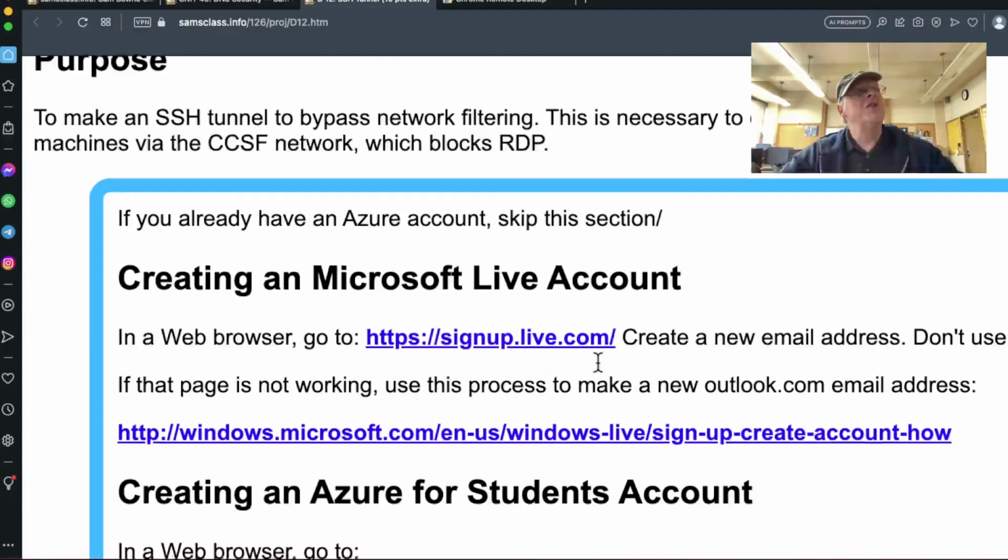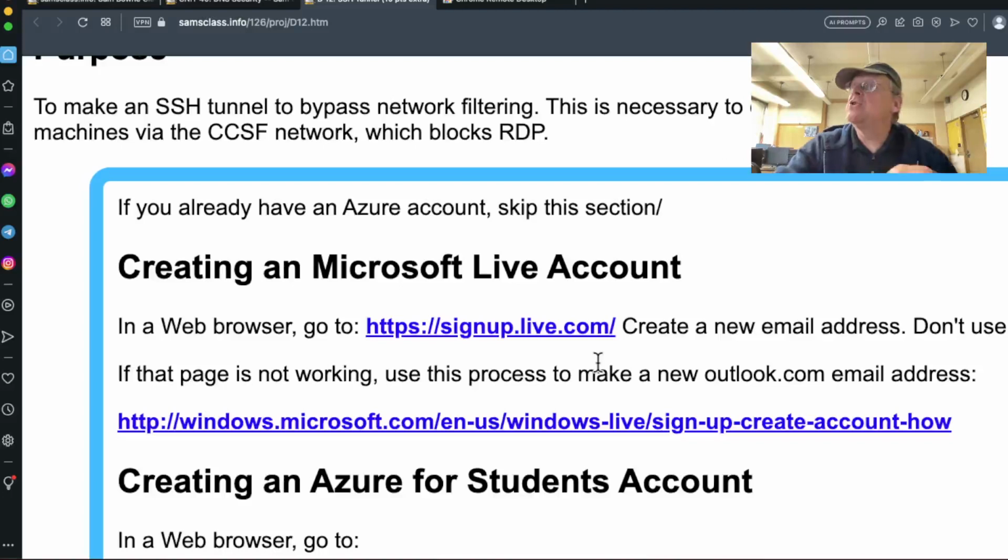So the first thing we're going to have to do is make an SSH server outside the firewall. You could in principle be running a virtual machine or a Linux machine at home and use that as your gateway, but I'm going to do it in Azure. So let me get my browser that's connected to my Microsoft account. And let's go to,